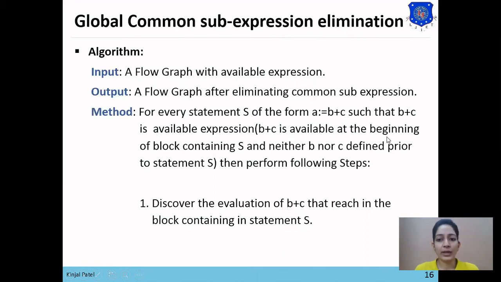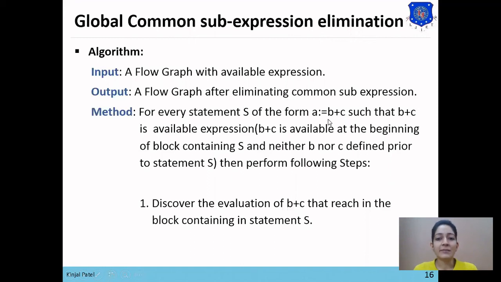B plus C is available at the beginning of the block containing S, and neither B nor C is defined prior to statement S. Means before B plus C appears in statement S, the values of B and C have not been redefined by any block. So if the values of B and C are not modified by any block before it appears in statement S, then this expression is said to be an available expression.